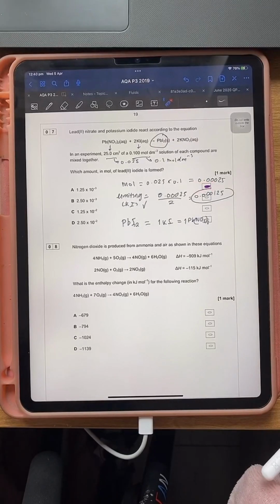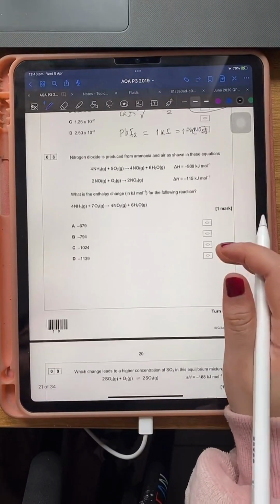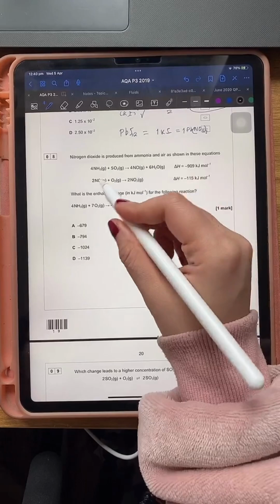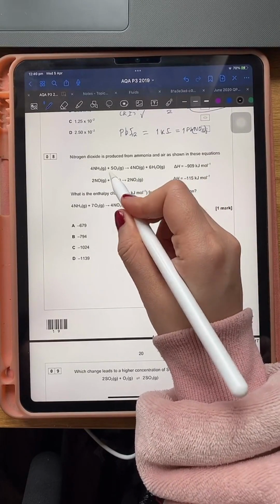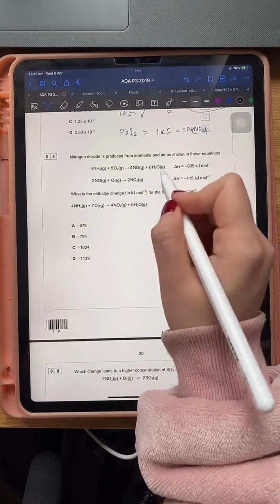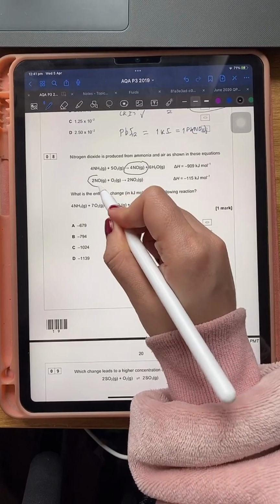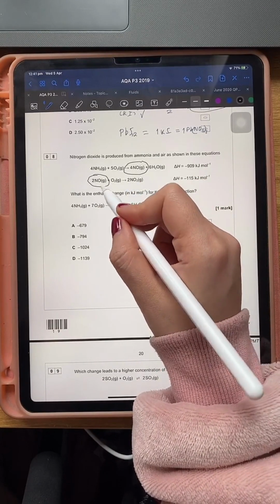Okay, next question. Nitrogen dioxide is produced from ammonia and air as shown in these equations. What is the enthalpy change? Okay, first thing you want to do is to see which one you need to balance. To do that, you can check which ones are the same on opposite sides. I can see there's NO here and NO here, so I'm going to balance that by multiplying by 2. And so this will become